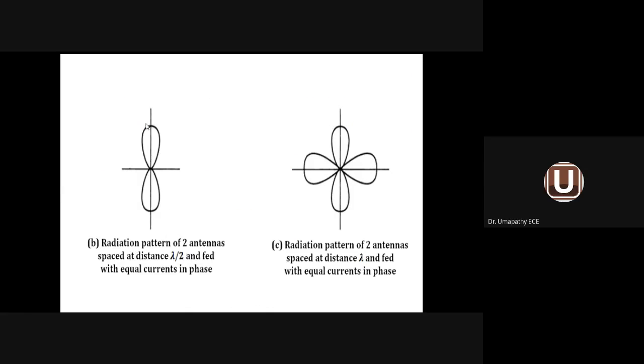This one is the radiation pattern already available for a practical antenna. And this one is the radiation pattern readily available for an isotropic antenna. What is an isotropic antenna? An isotropic antenna is a reference antenna or imaginary antenna. Why do we go for a reference antenna? I want to evaluate the radiation pattern for the practical antenna. For that purpose, we go for the isotropic antenna.